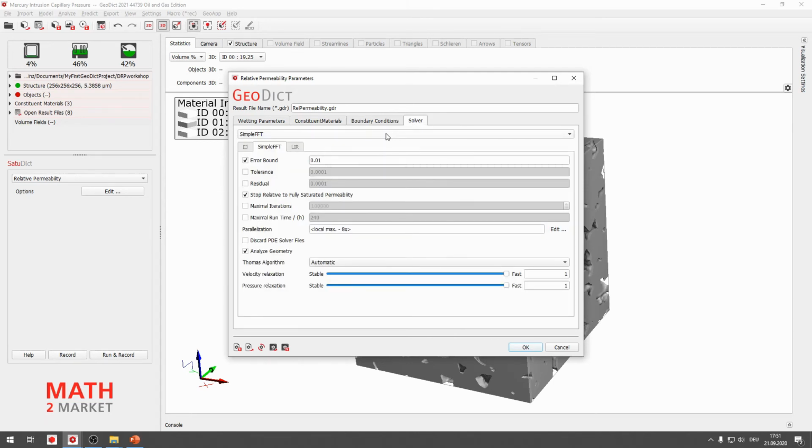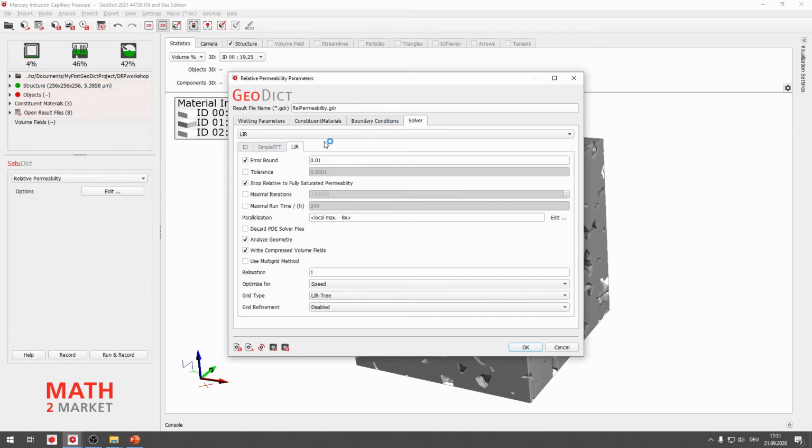So by default, the simple FFT solver is now set here. We of course want to have the LIR solver, which is your choice number one for oil and gas applications. You can leave the error bound at a high accuracy of 99% or an error of 1% as set here.